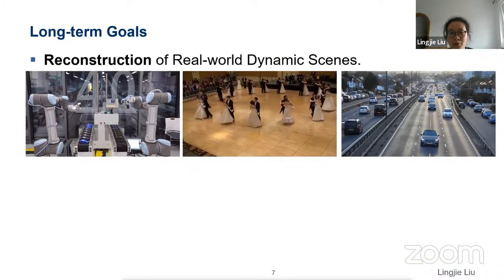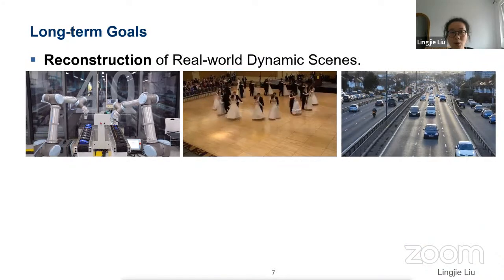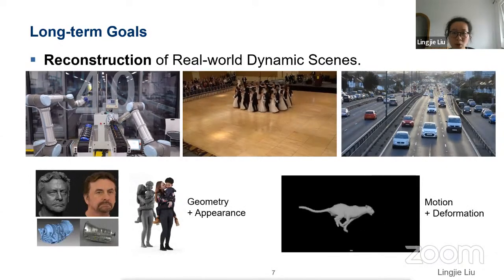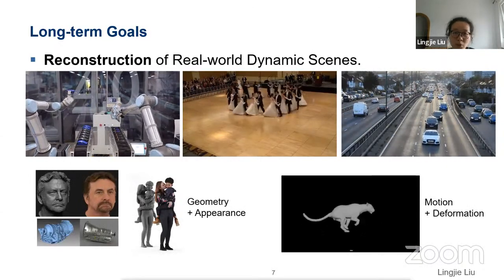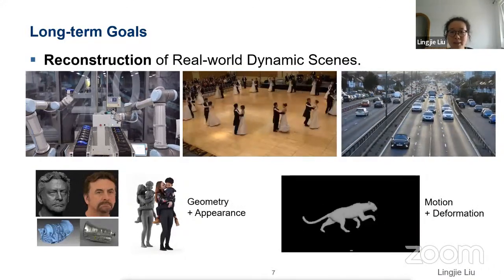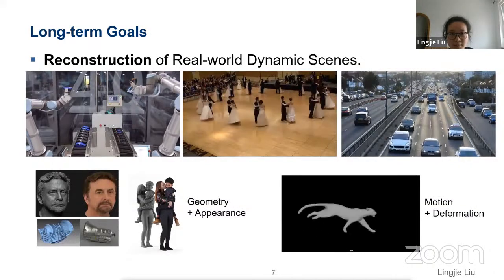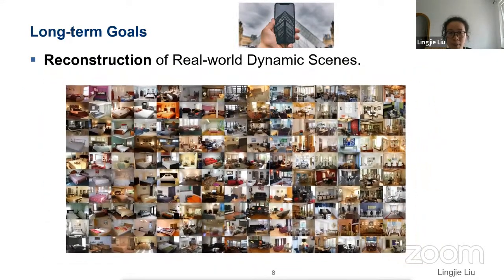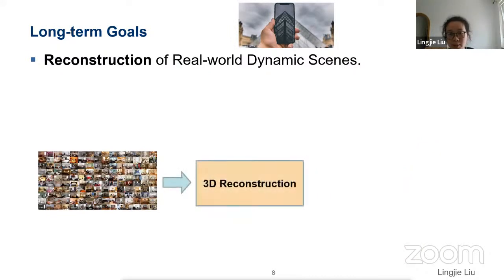First, high-quality reconstruction of real-world things, which are often dynamic. Our world contains complex phenomena such as occlusions, motions, and interactions. And it's very challenging to faithfully reconstruct these natural but complex things. Therefore, my first goal is to achieve production quality reconstruction of real-world things from sparse 2D images or videos as input.